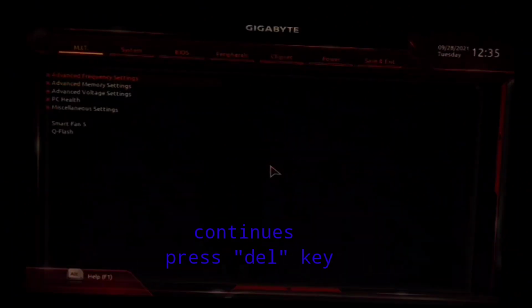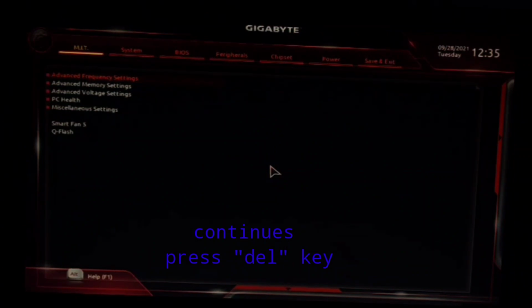Again start your computer and press the Delete key and open your boot menu. Check the internet for your motherboard's boot key.